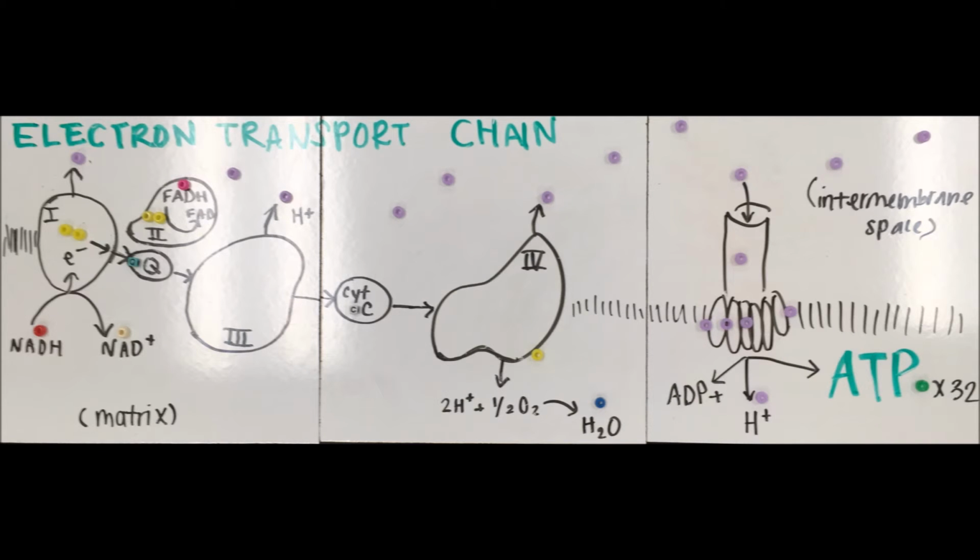The electron transport chain is the final part of aerobic respiration. The ETC is located in the bilayer and is made of 4 multiprotein complexes and 2 freely moving electron shuttles known as Q and cytochrome C. The ETC begins with the transfer of electrons from NADH to complex 1 and the movement of H+ across the